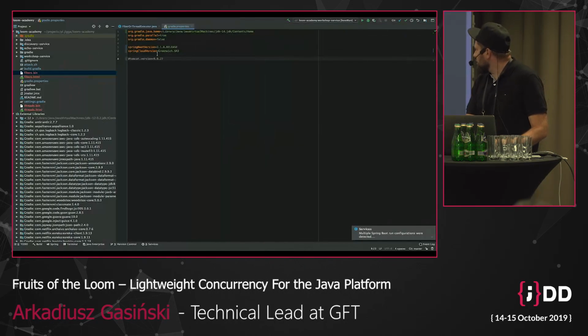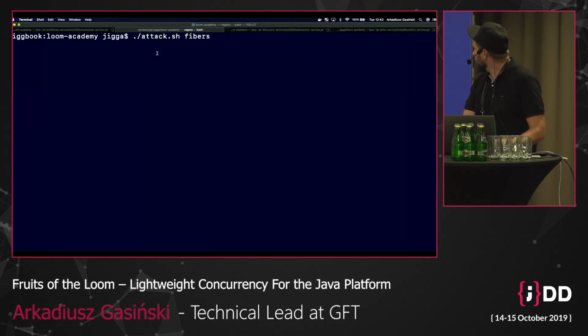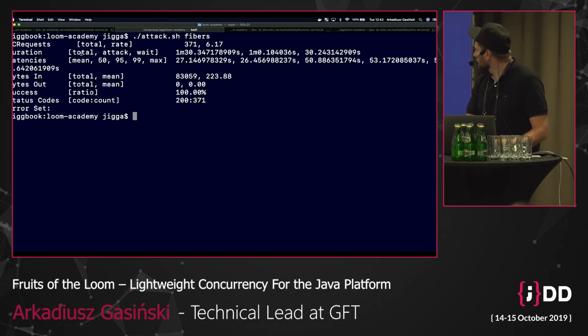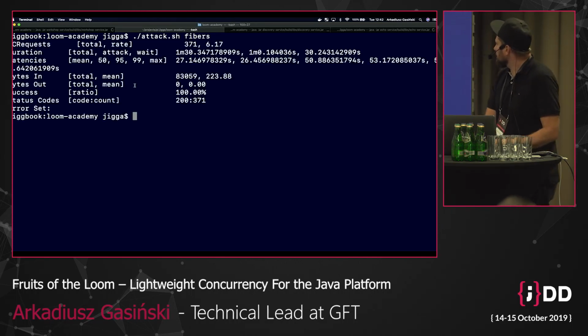So let me now try to switch to this new implementation. For that, I'm going to cancel that. And as you can see, there is a total of almost 400 requests sent, and the rate was like 6 requests per second.